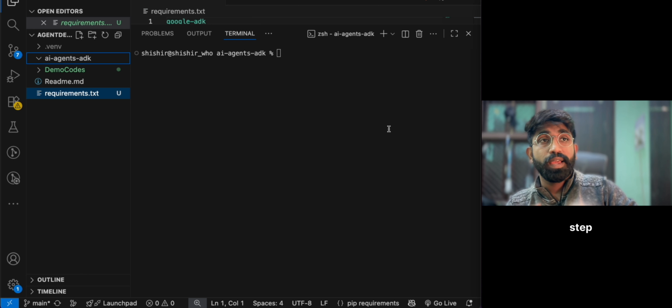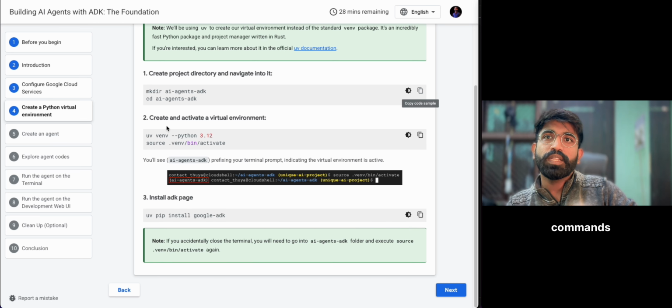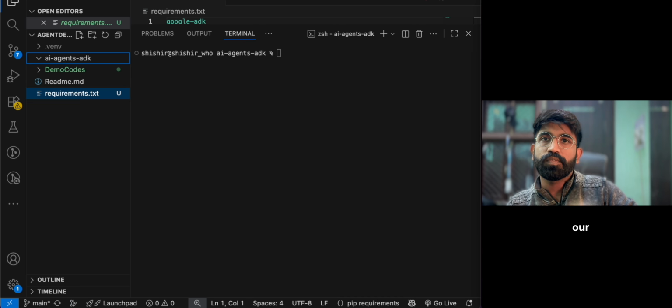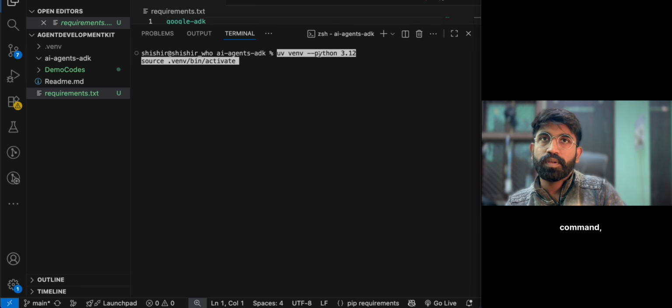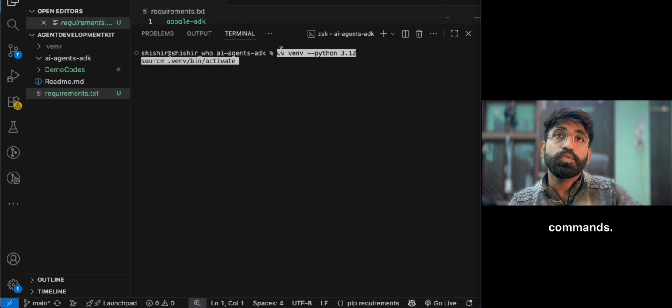Next step is we have to create a virtual environment. Now to create the virtual environment, the commands are here again. Just copy these commands, and again we will go back to our VS Code. The first command, so these are two separate commands, okay? This is not a single command. The first command is uv venv --python 3.12, which means you are asking uv to create a Python environment